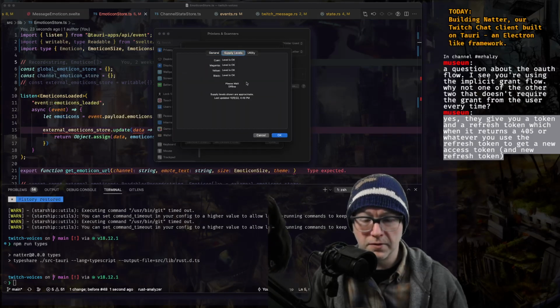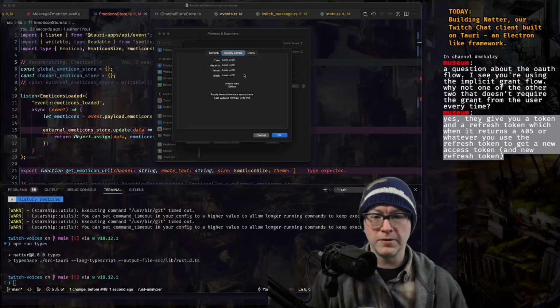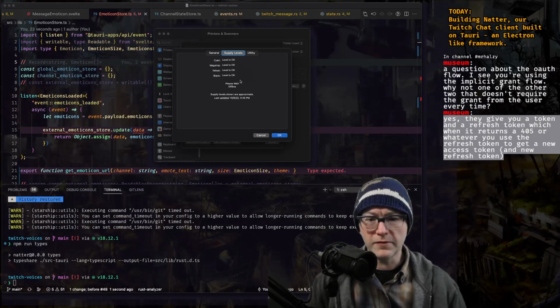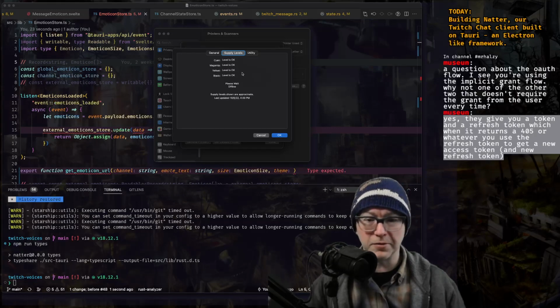Supply levels. Oh, it says it's offline. It's obviously not offline. Oh, okay. It got closed. So we need to know which toner to actually replace.